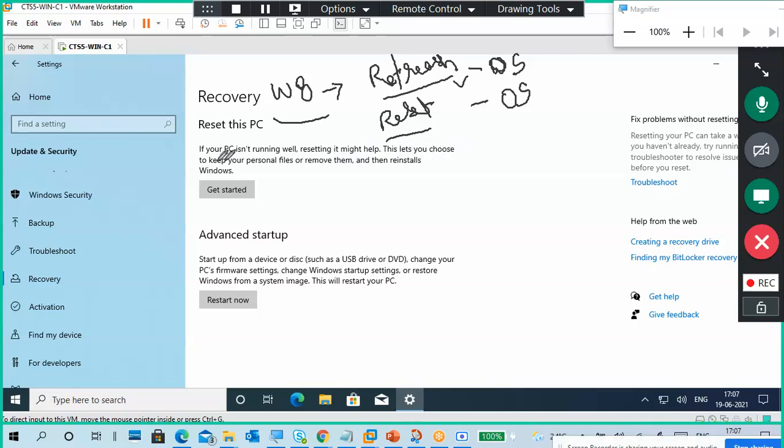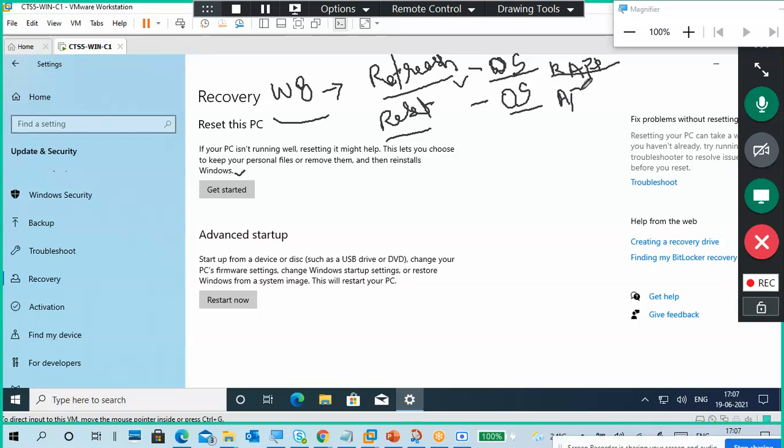If your PC is not running well, resetting might help. It lets you choose to keep your personal files or remove them, and then reinstall Windows. So here it reinstalls your operating system, and your applications will be removed from your PC.